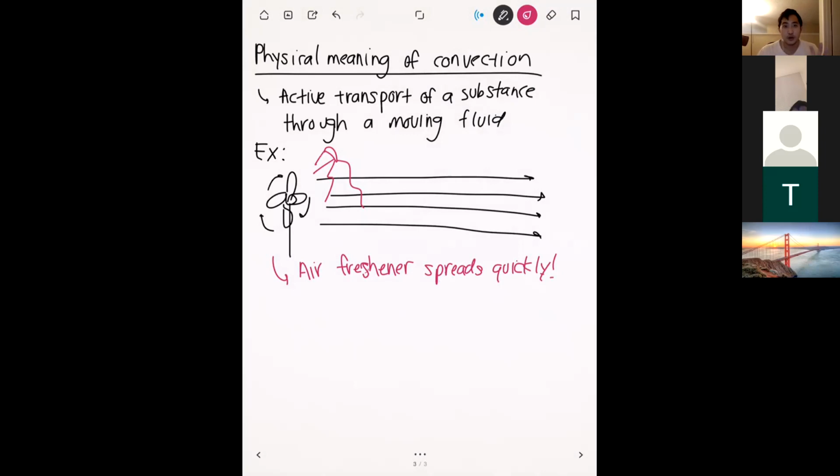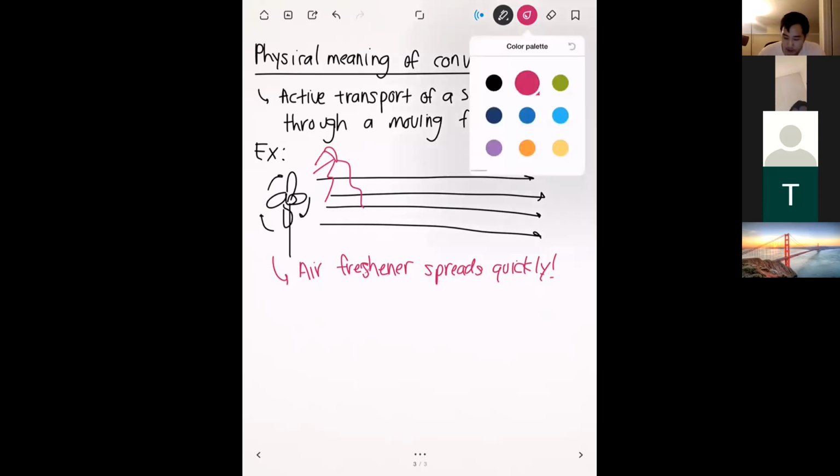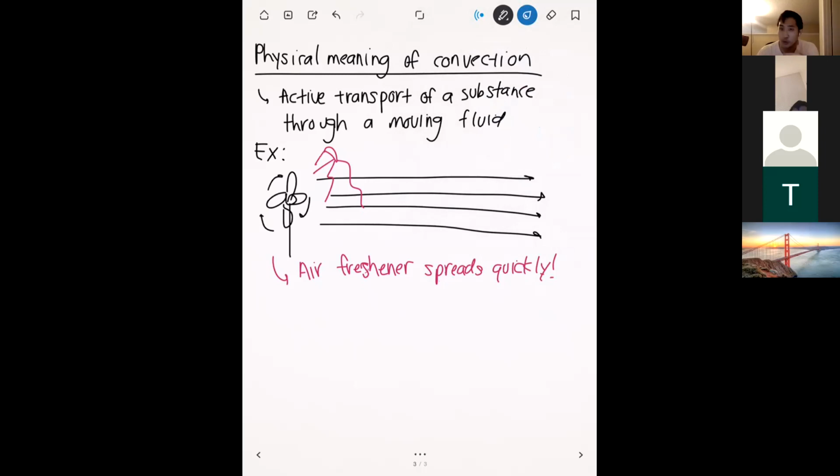So convection, you have a fluid, a lot of times it's either air or water, that's moving to help transport whatever it is that you need to transport. And just naturally, because we have a moving fluid, there's a natural direction in which the transport happens. It's going to go from the fan to away from the fan. And so just some terminology that I'm going to use for the rest of the lecture today. When you have a fluid that goes in this direction, let's say left to right,